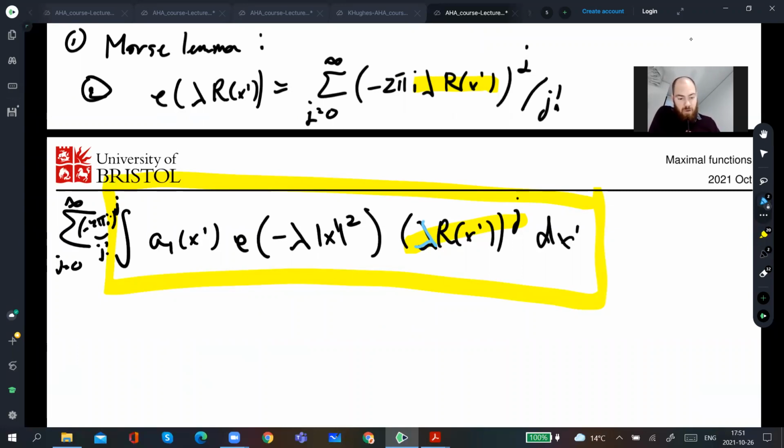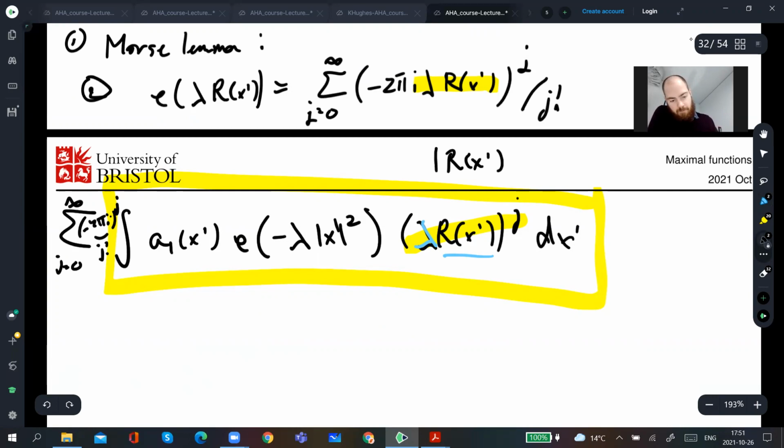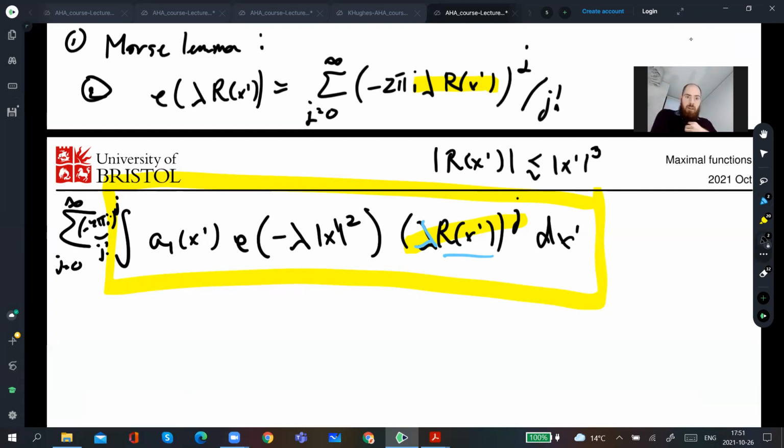But we're saved by the fact that R of x prime is at most x prime cubed. So it has a zero at 0 of cubic or higher order. It beats that quadratic coming from here. But it turns out that means when you do the integration by parts arguments,